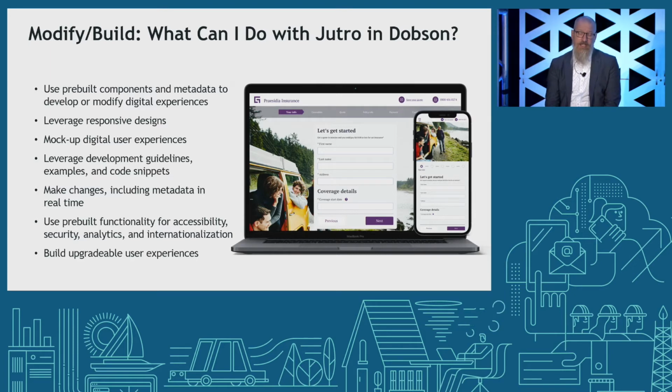You can use the metadata like I talked about. So areas like page layout, you're able to very quickly get in, change your page layouts in your current digital app, and basically use all of this pre-built functionality to build out your apps. And again, it bootstraps the app up, and then it's packaged with a lot of value like accessibility, security, analytics,